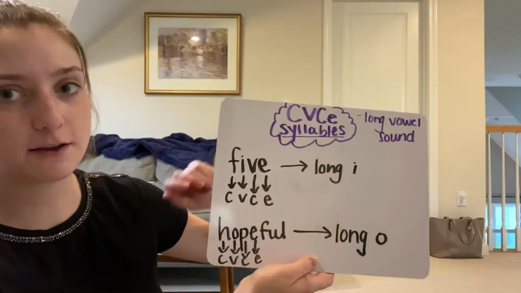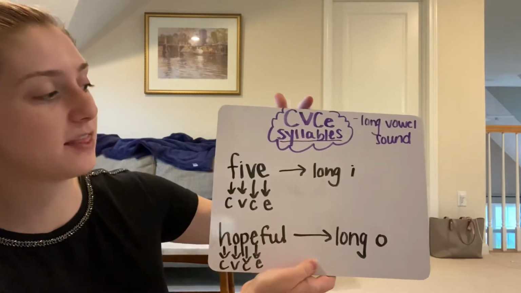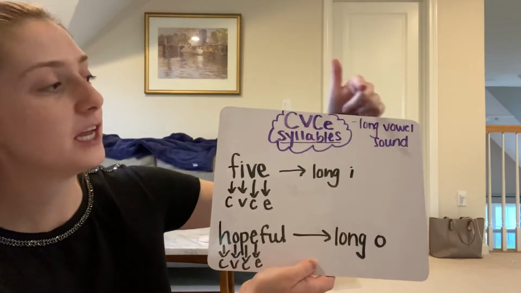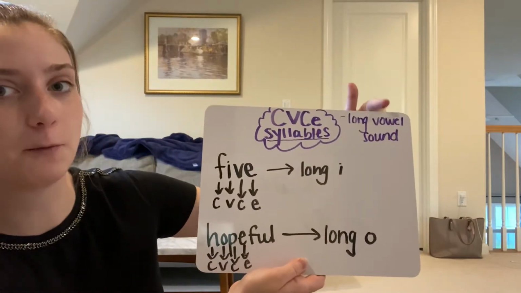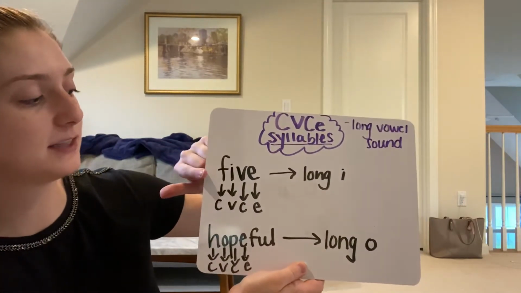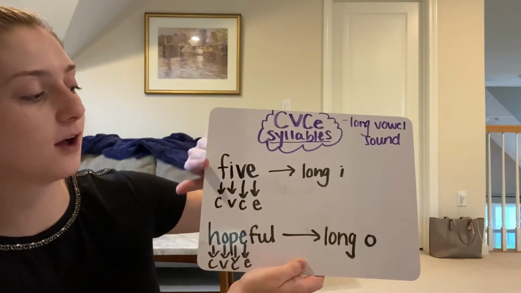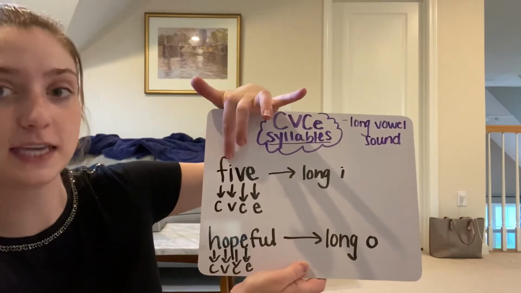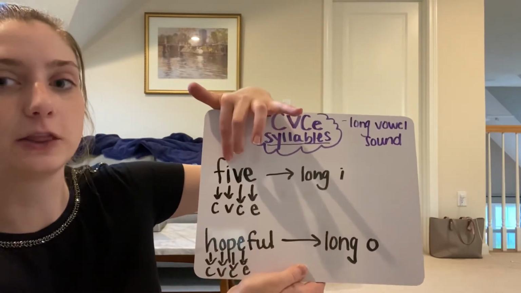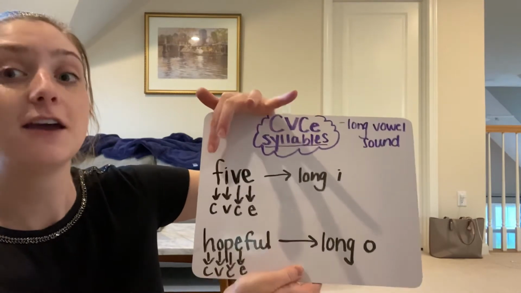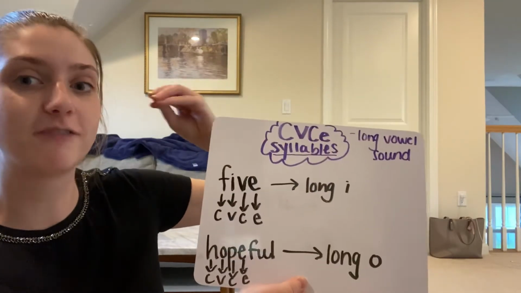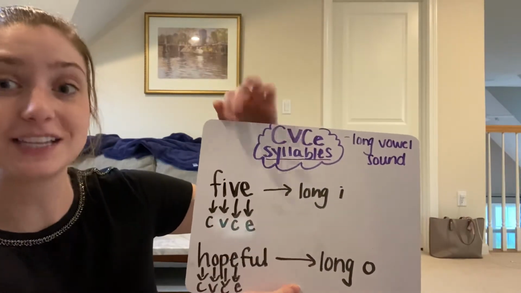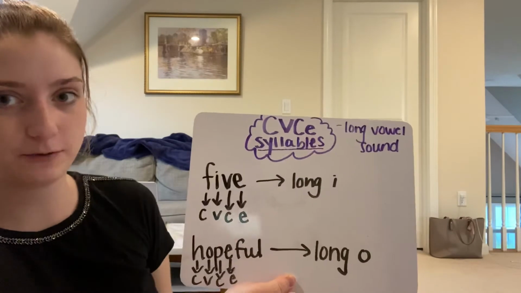The reason that we're identifying this pattern is that it tells us that whatever the vowel is, the vowel, which in this case is an I, is going to make a long vowel sound. So I'm recognizing this pattern, consonant, vowel, consonant, E. And I can say in my head, okay, whatever that vowel is, in this case it's an I, it's going to be a long I sound. So I can say it's five, right? You hear the I, five. It's not making a short I sound because then it would be fiv, but it's five, long I sound.